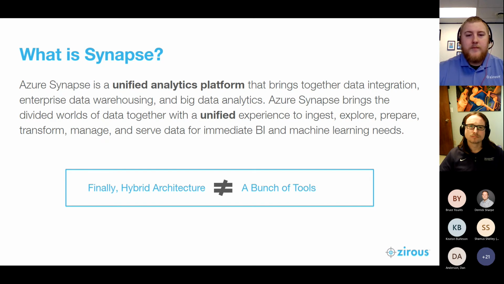Historically, hybrid has meant lots of different tools, potentially across multiple data platforms and vendors. Even until recently, even those who standardized on Azure Cloud would have to use a lot of different products to achieve both relational data stores for reliable reporting and a data lake for flexible storage, exploration, and big data analytics. That's what's made Synapse unique.